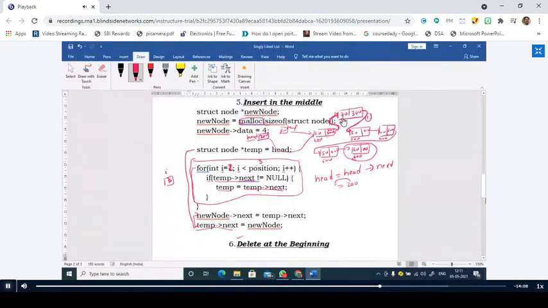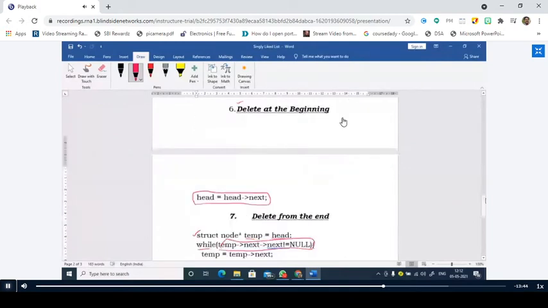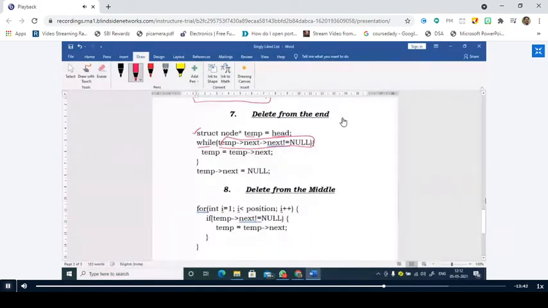Temp next is this one, right? Temp next means this one. 300. Right. So temp next not equal to null means if this condition is satisfied, then you have to change the temporary variable.